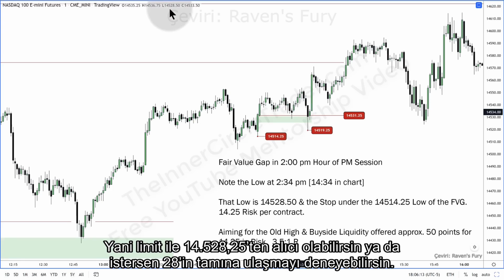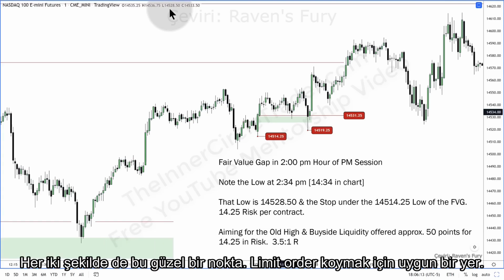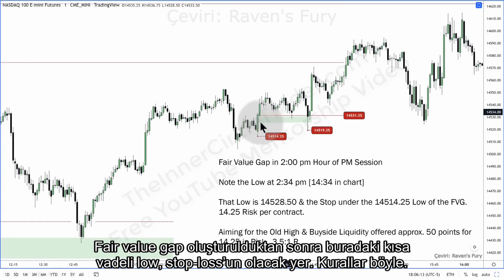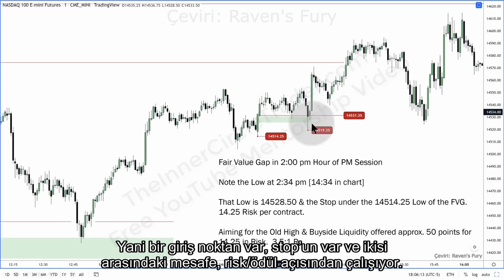So you could be a buyer on a limit at 14,528 and a quarter. Or maybe if you want to try to reach for the 28 even number. Either way, that's a nice place to put a limit order in. The short-term low down here, after the fair value gap forms, that's where your stop loss is. That's the rules. So you have an entry point, your stop, and between the two of them, it works out to be